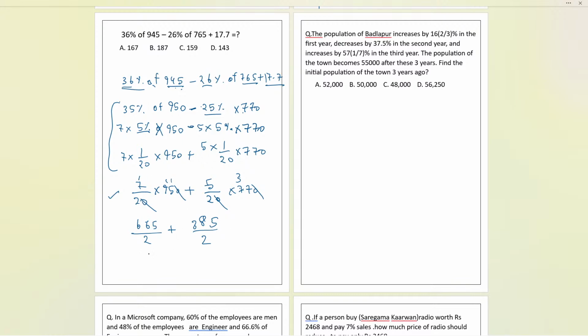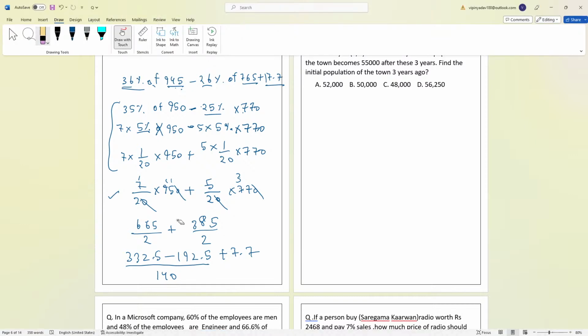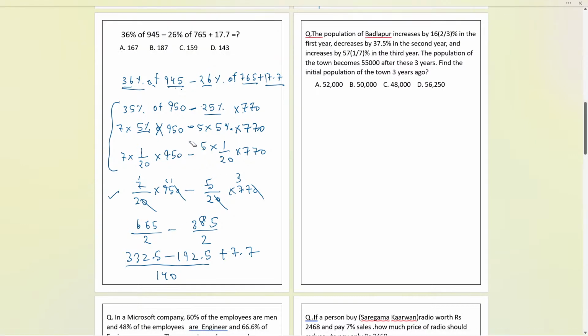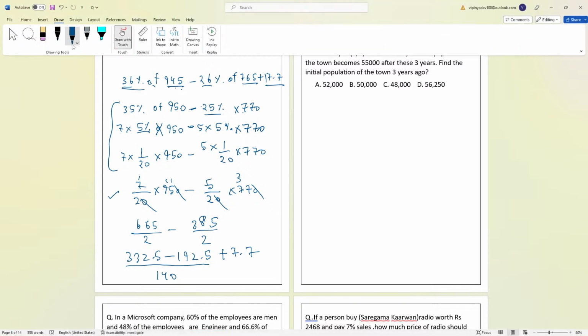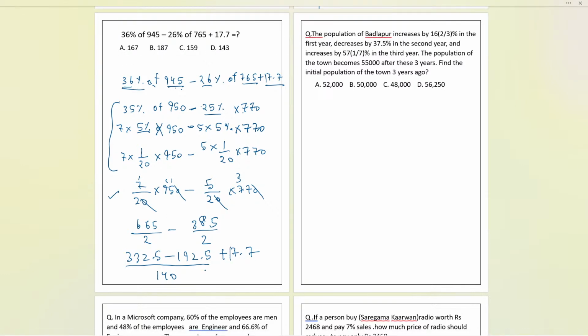Okay. Now, after dividing, this number, 332.5 minus 192.5 plus 17.7. Now, what I'll do is just subtract these two. If you subtract these two, we'll get 140 exactly. Sorry, I have used the sign over here. That is a minus sign, definitely for sure. By mistake, we have taken. So this is the minus sign we are subtracting. So it is 140 plus 17.7, and it will be 150,